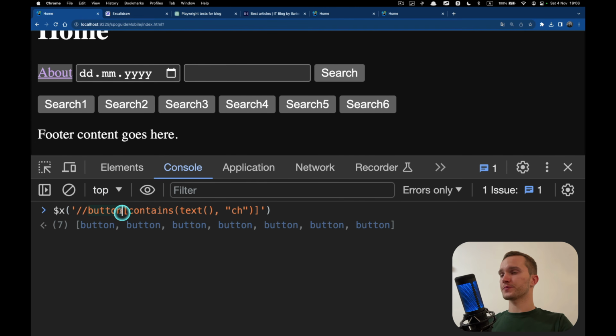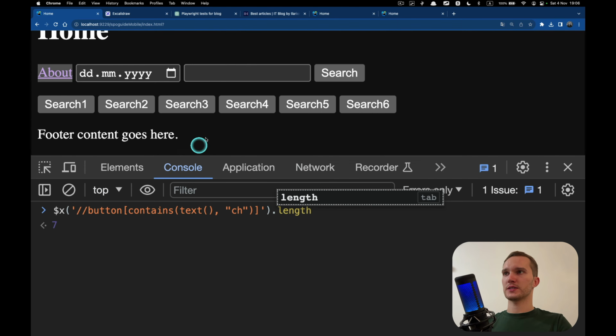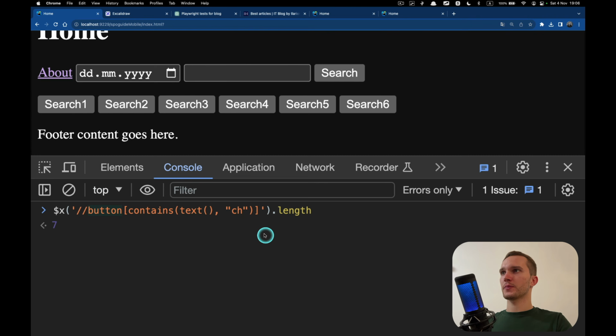All right, so which selector do we have? We have button, which contains text. There is a function called contains, contains meaning like in SQL. Contains text ch. Let's calculate how many buttons we have. 7 buttons, right? All the search buttons, it just calculated.